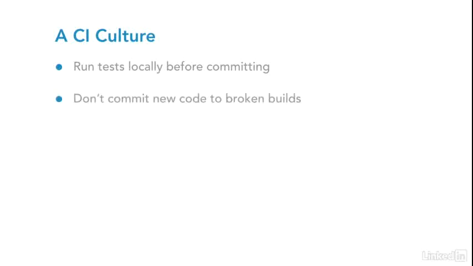Next, don't compound problems by committing code to an already broken build unless you're fixing the problem. Another team commitment is never leave the build broken. This always applies, but is even more important for distributed teams. If you break the build, you fix it. No lobbing code into the system before leaving for the weekend without making sure the build passes and you deploy